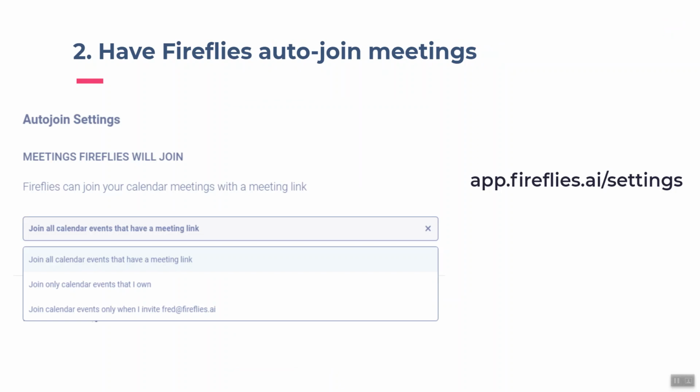To have an easier way to get Fireflies to capture and transcribe all your meetings without having to manually invite it each time, you can go to app.fireflies.ai/settings and configure your settings so that it joins all your meetings that have a calendar invite, all your meetings that have a web conferencing URL on the calendar invite. And you can also customize various things, where you can have it only join meetings that you are the host